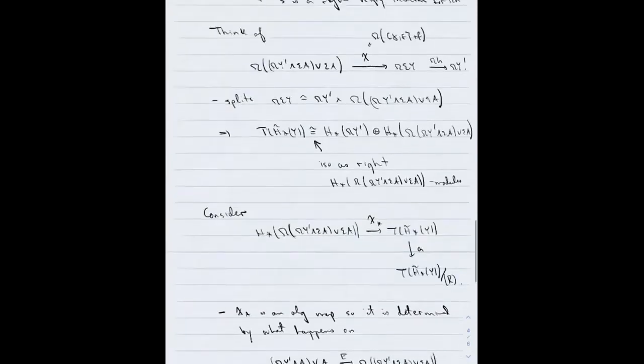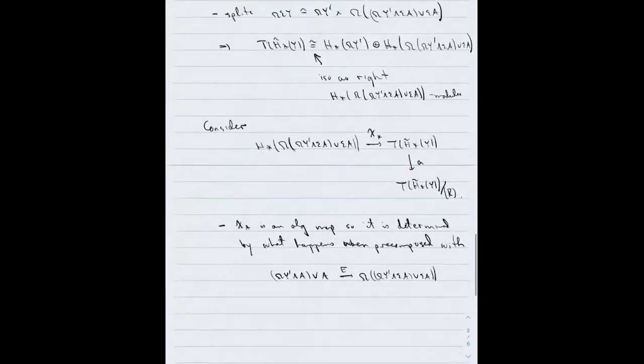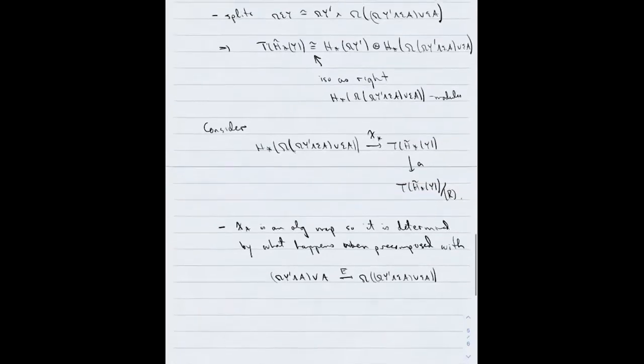So determine what happens when precomposed with this suspension. And when we precompose and restrict it to A, then